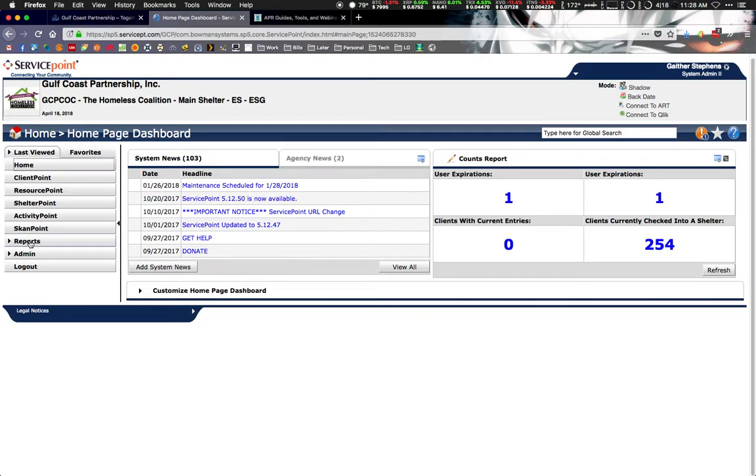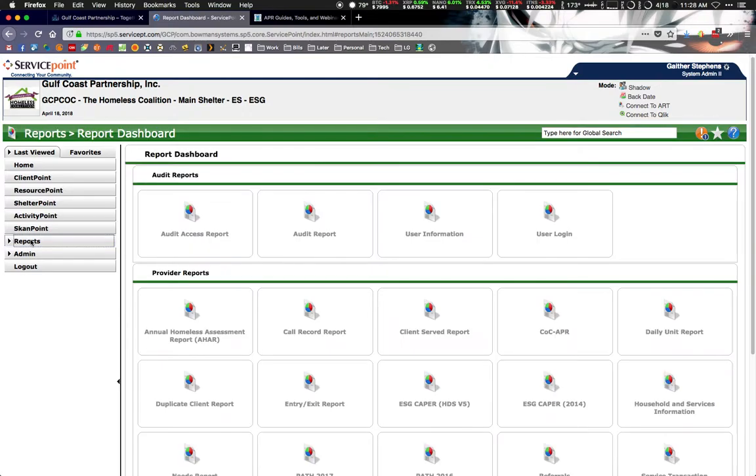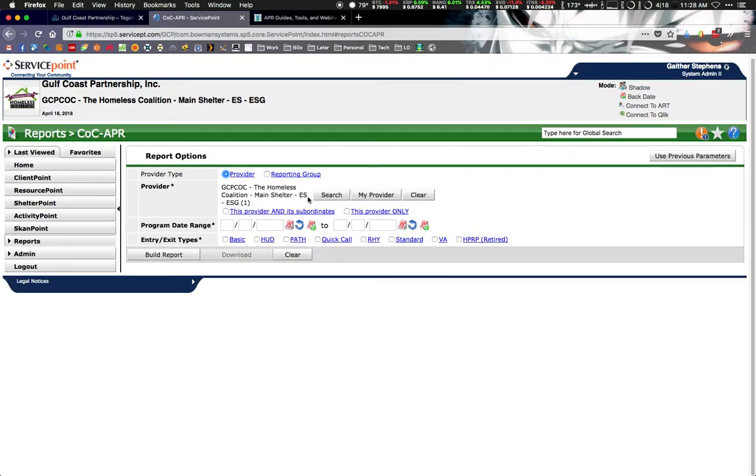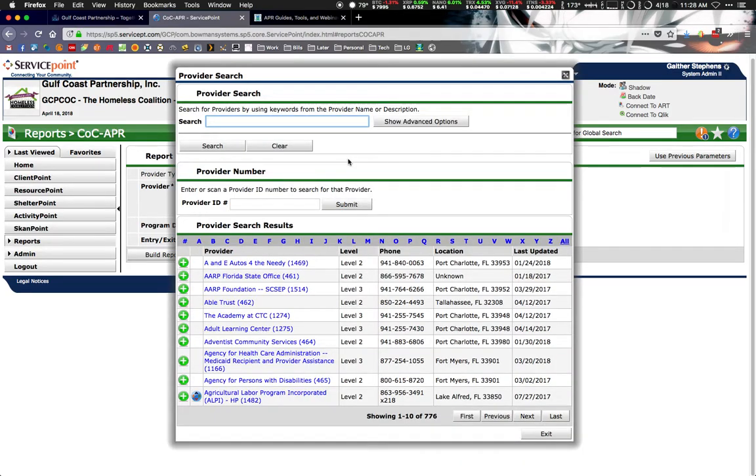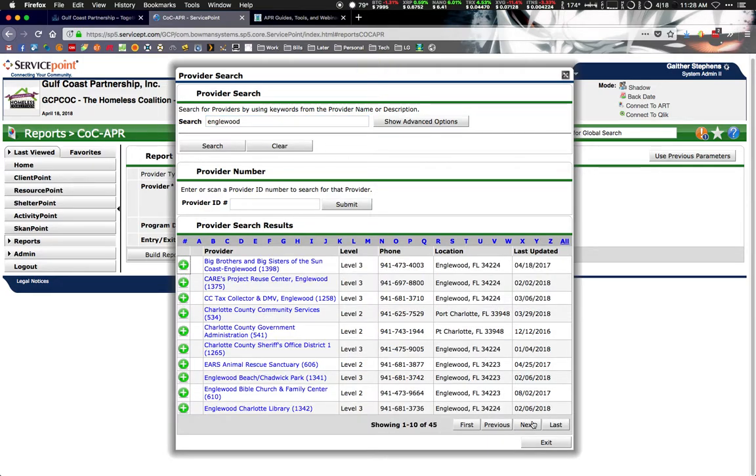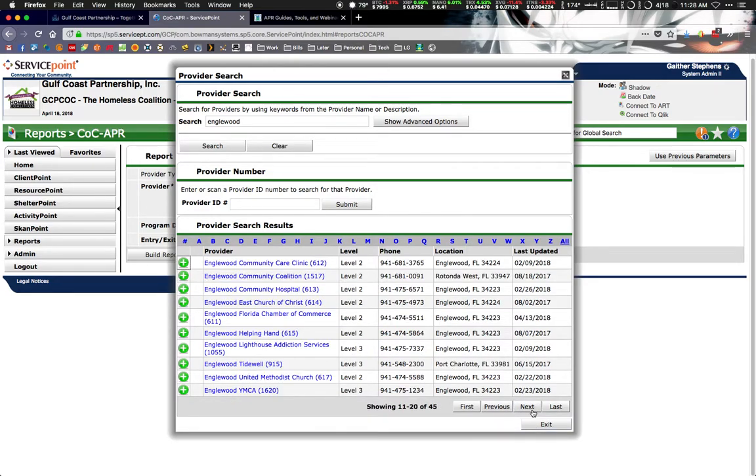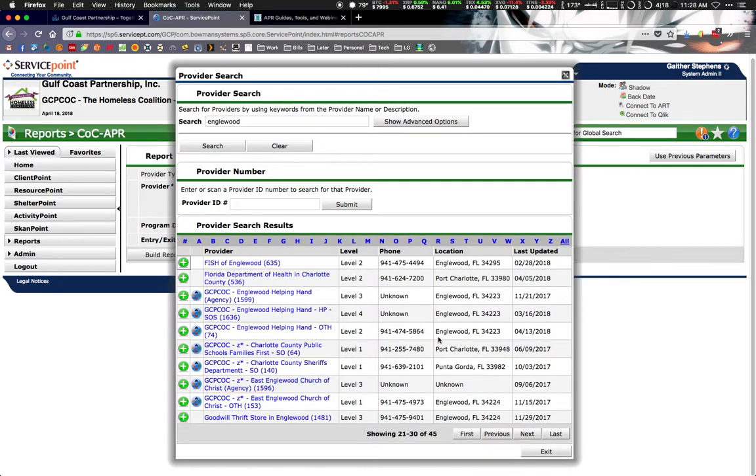So first you'll click on the Reports module over on the left hand side of the screen. You'll find the CoC APR button, click on that. And then you'll search for your provider. In this instance, we're going to use Inglewood Helping Hand because they have been working on their data quality, putting in a lot of work to try to get it bumped back up because they've been entering in clients for the first time. So we're going to search for Inglewood, and then we're going to choose the project we want, which is Inglewood Helping Hand Other,